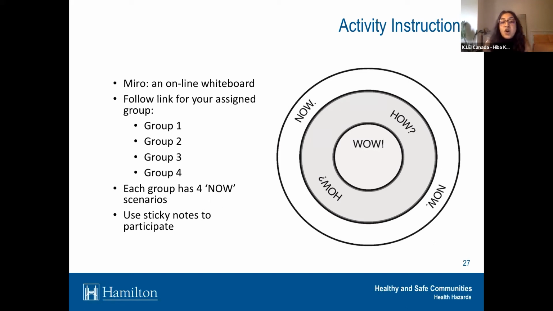So the activity is called Now, Wow, How, which is an activity where we're going to identify some of those high-level objectives for the future and then work towards how we're going to achieve them and what those actions are. So the now that you see in that little target is what we're concerned about right now, the risk, right? And so we're going to be looking at the risk, and then we'll move into the wow: what is the objective 5 years from now, 10 years from now that we've addressed this? It's a stretch goal. What do we want this to look like? And then we work our way backwards to, well, how are we going to achieve this?